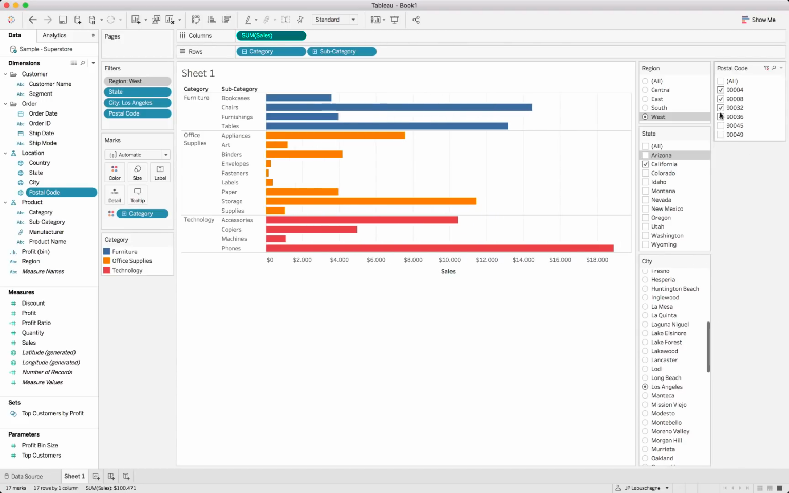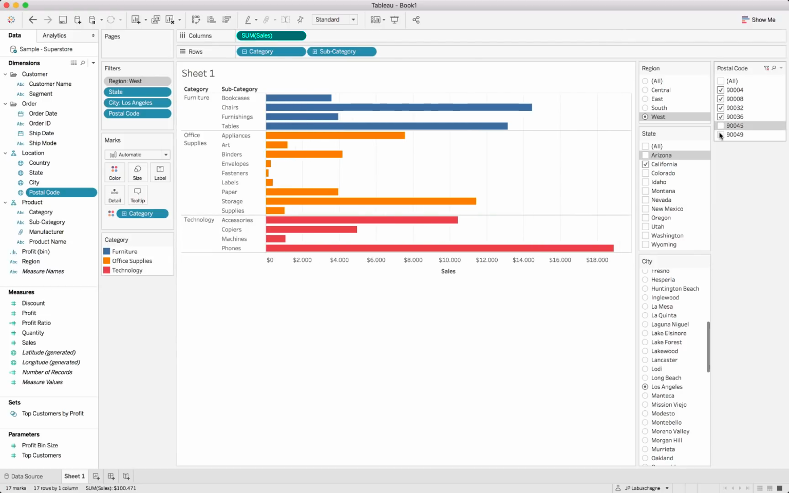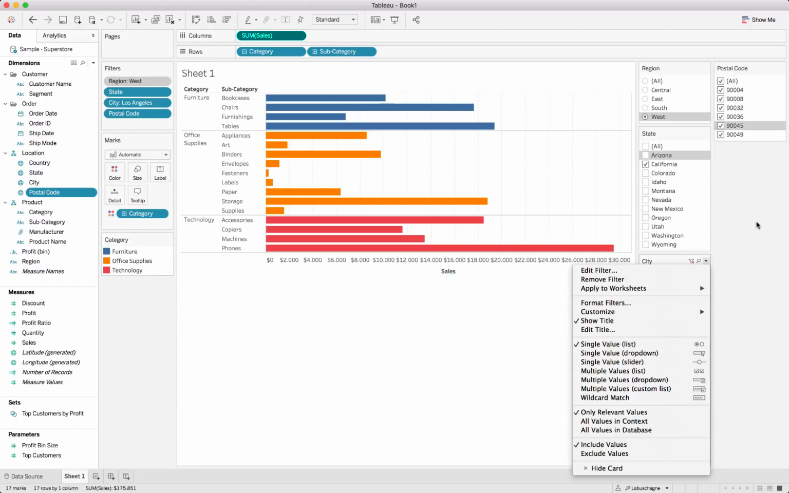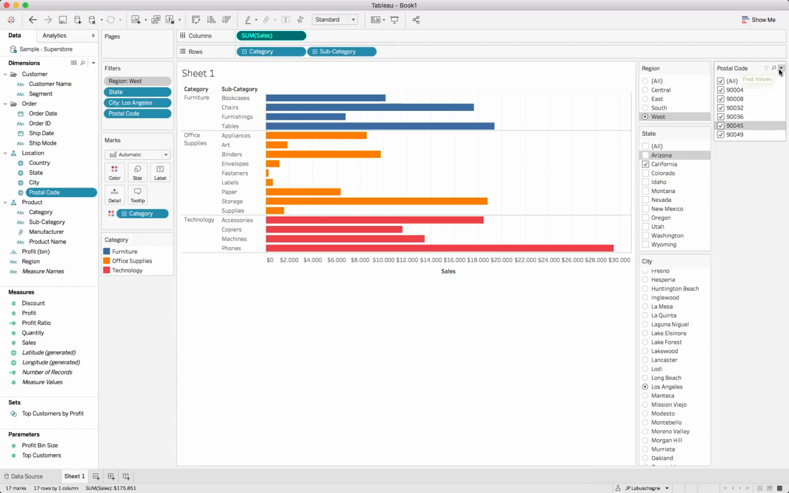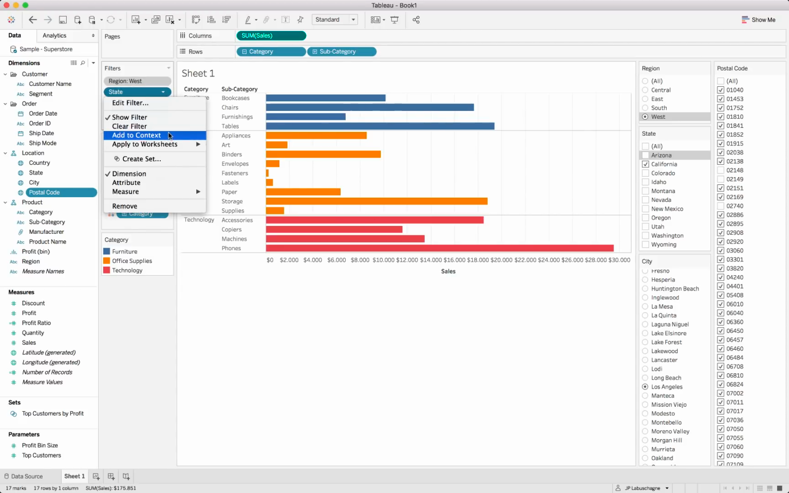However, if we do start making changes to the postal codes, again, there might be an update backwards, seeing as city is focused on all relevant values. So in this case, if we had all values in the database listed here, any changes in here will be updating our city. Now, how do we get around that? So another tip is we can now add state also to the context,